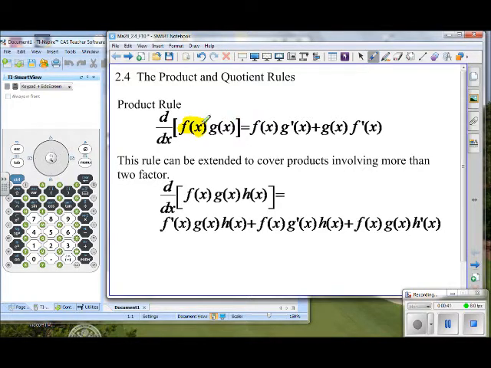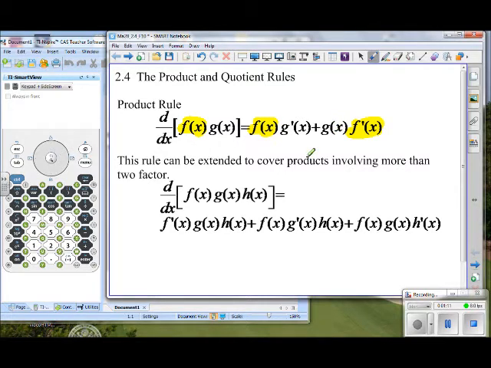When you take the derivative of the product of two functions, notice that we are multiplying in the first term the first factor and the derivative of the second factor, plus the derivative of the first factor multiplied times the second factor, which is